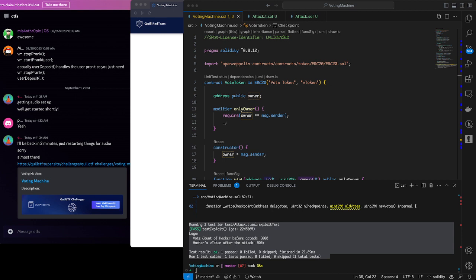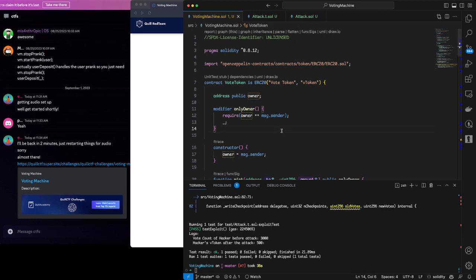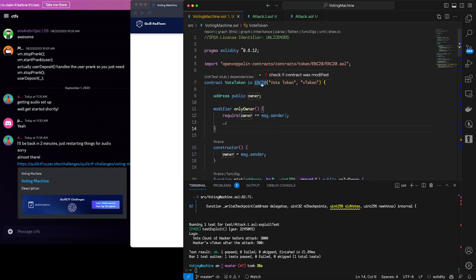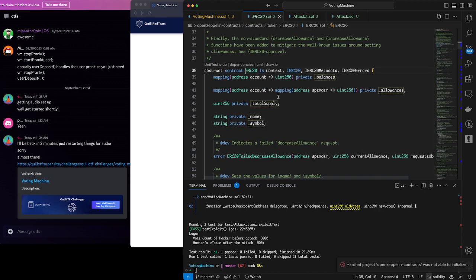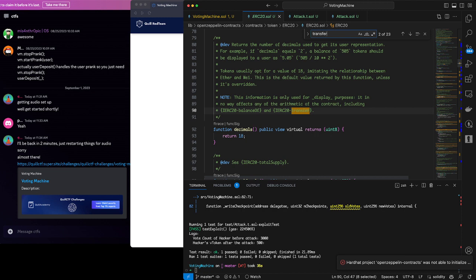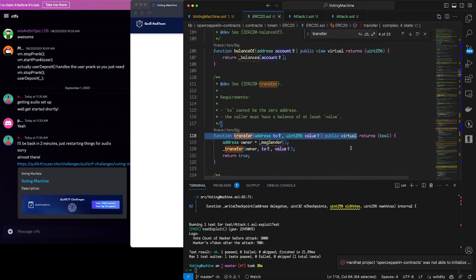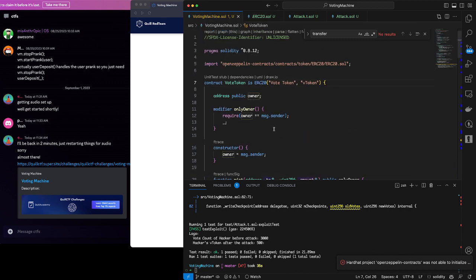Yeah, exactly. So what needs to happen here is that when tokens are transferred, the delegated votes also need to be accounted for. And right now they're not doing that. But if we look, let's take a look. ERC20. We'll find transfer. Right, so this is virtual, right? So we could go into voting machine and say